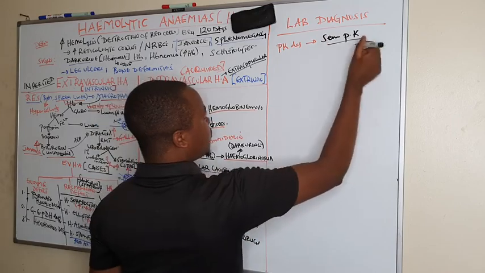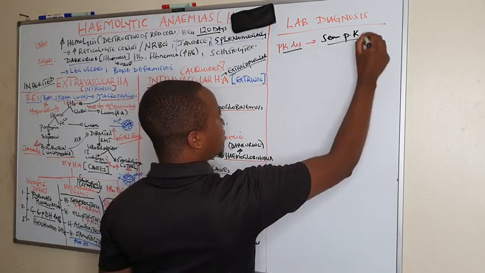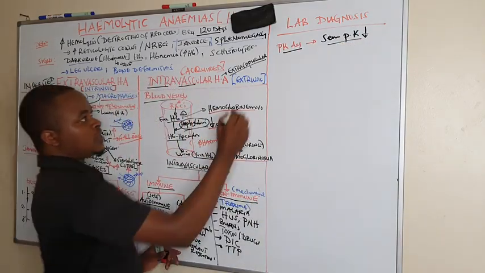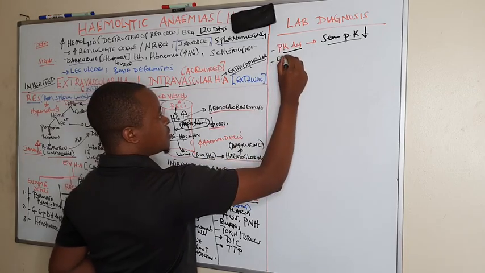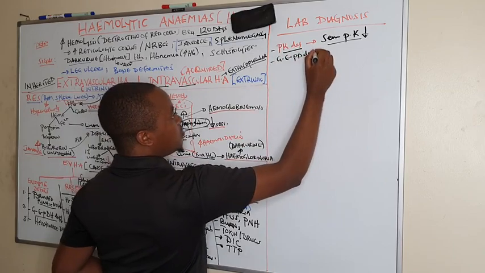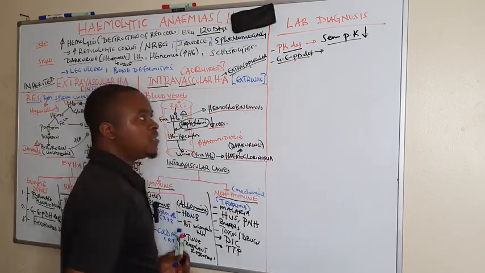And you will find in this case, it is decreased. If the problem is glucose 6-phosphate dehydrogenase deficiency, we shall determine serum G6PD,